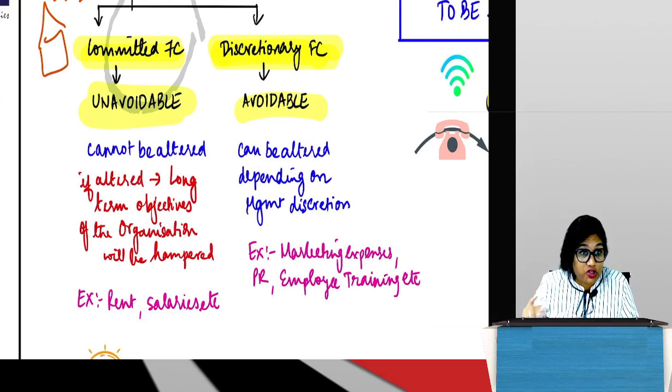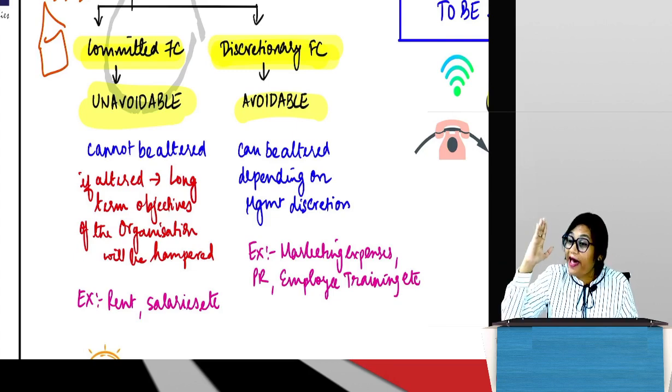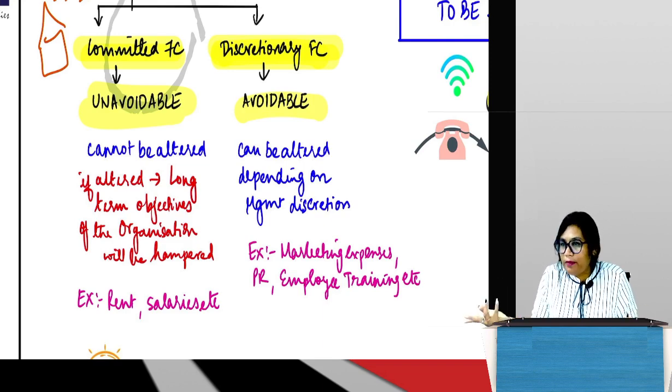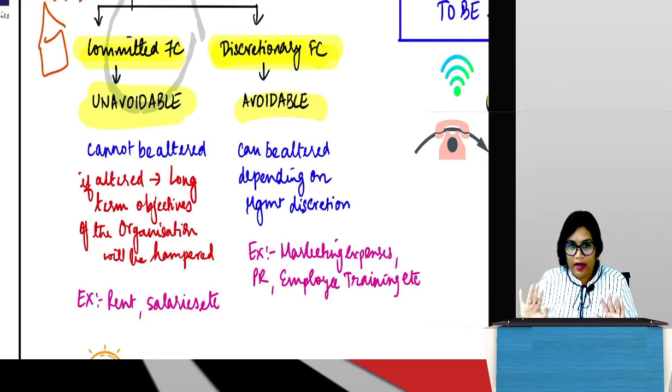But committed fixed costs are those fixed costs which have to be borne by my organization. If I try to change or reduce them in any manner, nobody will want to increase, right? Does anybody want to increase cost? That's why I'm saying reduce and not increase. If I want to reduce them or eliminate them completely, can I do it? I can, but if I do it, it will affect my operations. Then I won't be able to run my operations basically. So then the business is impacted. Guys, is it okay? Everybody?